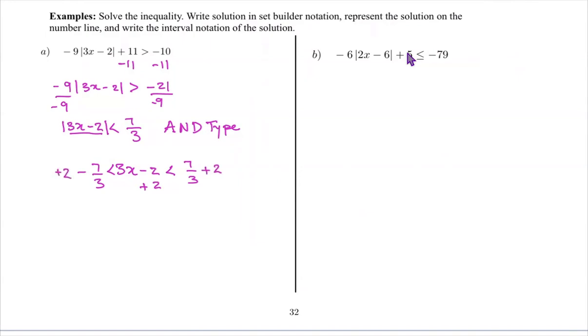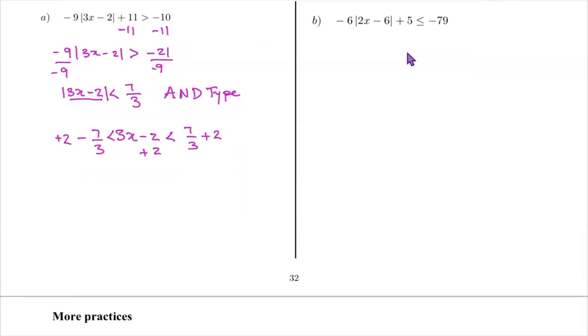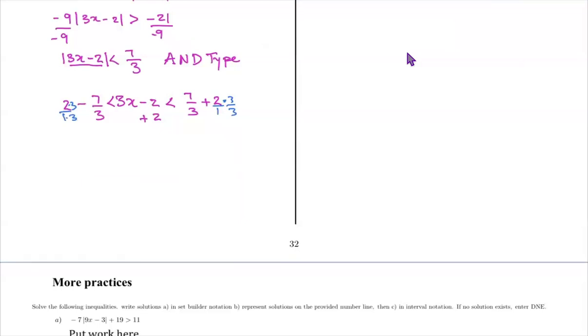So we want to have the common denominator as 3. So that's 1 here. So I can multiply by 3. Same thing here, multiply by 3. So this will be 7 plus 6. And this will be 6 minus 7. So that is negative 1 over 3 less than 3x, and then less than